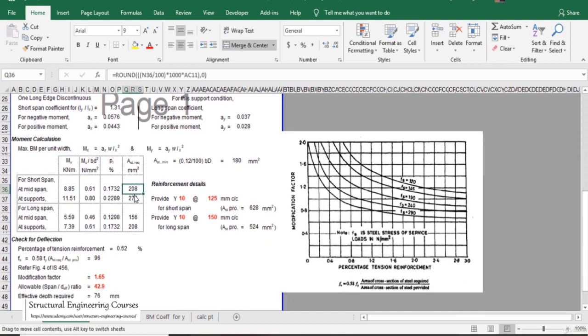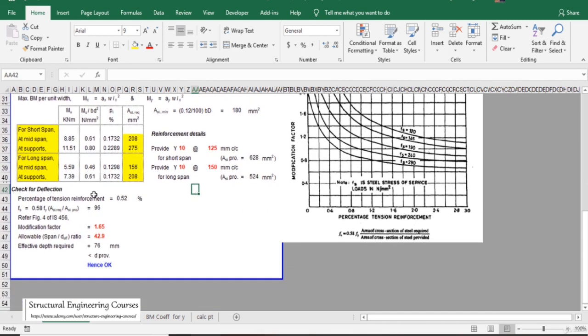Here we can see the area AST requirements for shorter span and for longer span, at mid span and at supports. This table might be somewhat confusing to people, but you need to target these particular cells only. Keep your eye on these particular cells here. You will see that for shorter span and for longer span, if we draw a rectangle here,